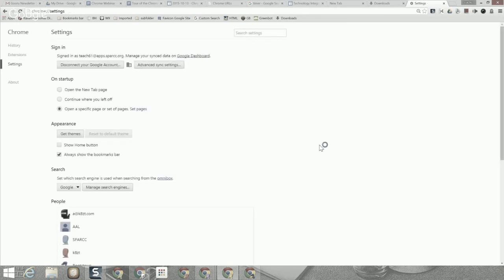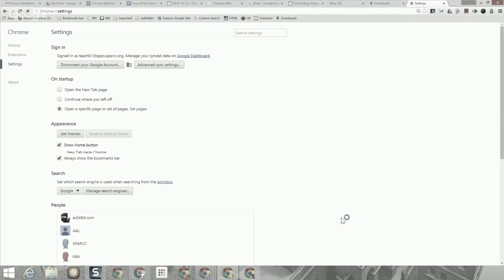Now this is also referred to in many cases, and Google doesn't say it here, as your home page. And you'll see that our home page setting can be shown so that it shows up on the screen. And when we click on that, it would go to the same page as startup. And we'll get to that in a moment. And very quickly, as we go to our next section, there's a section on getting themes. We'll skip that for the minute, but we're going to go to this next checkbox and we're going to click